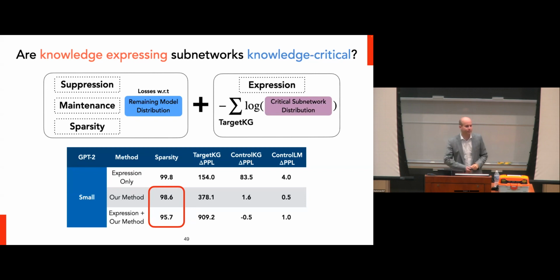I'm wondering with the sparsity baseline, the random one, if you instead got rid of just suppression, but trained it still with the same regularizer to do sparsity, do you think you would get a different sort of threshold there? So maybe you would still have a lot of general knowledge, but a much smaller network, and it's not randomly over-parameterized. Well, you need the suppression term to find the... you mean... Yeah, assuming you have the expression term. Yeah, I think you still have an expression. Yeah, that's what I'm wondering.